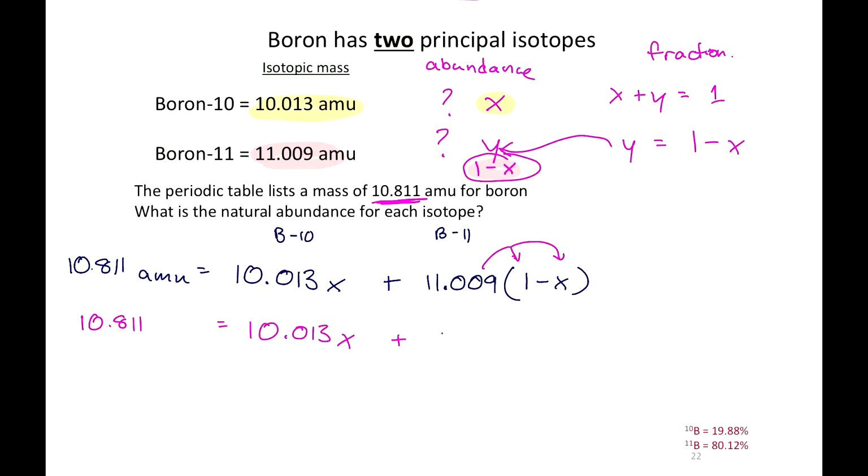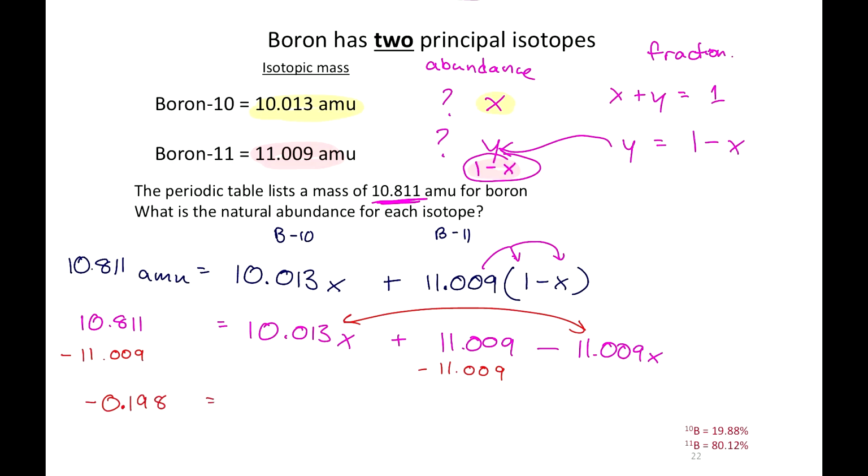10.013x plus 11.009 minus 11.009x. Now we combine all of our terms. So I'm going to subtract 11.009 from both sides, right? Put all of those constants on one side, and then I'm going to combine these two x terms at the same time. So if I subtract that 11.009, I get negative